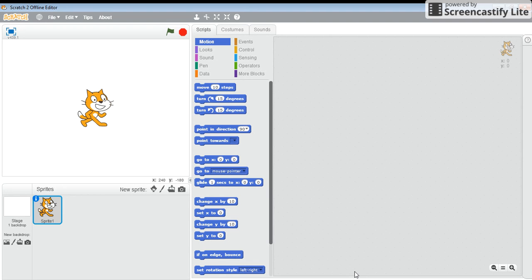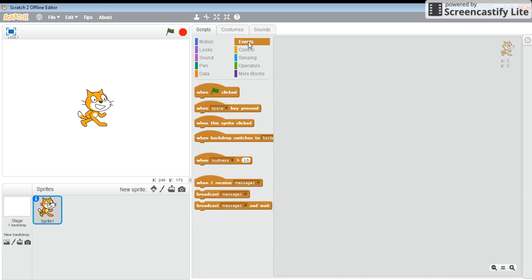Some easy ideas. Today I'm just going to go through the basic stuff, like basic puzzle pieces, you could say, that you need to make a successful Scratch game or interactive or anything that you want to do. So the first main thing is to move your character forwards and backwards. So we're going to do that by